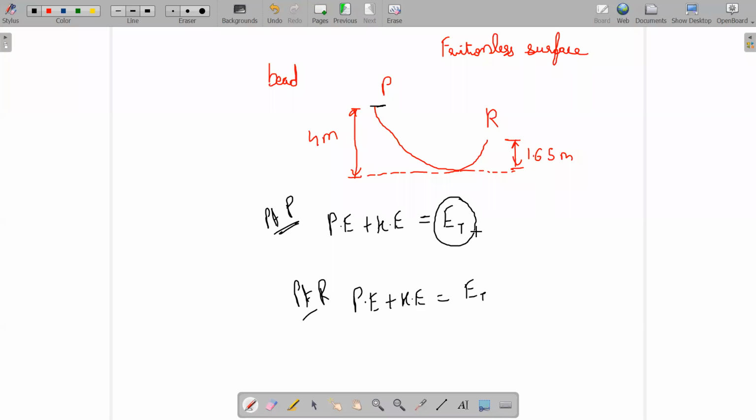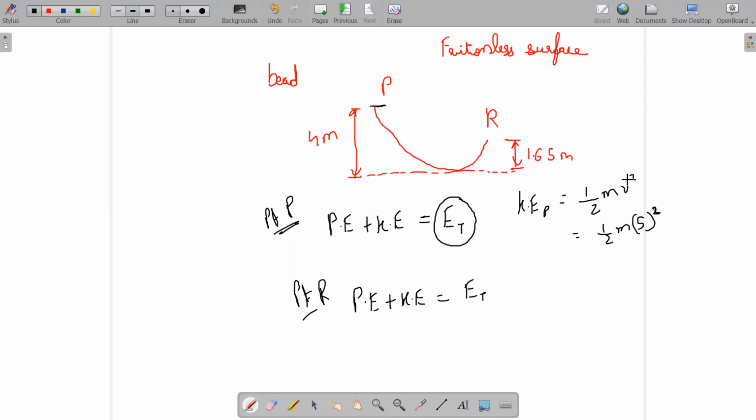But in the question they say that it has an initial velocity of 5 meter per second. That means it has an initial kinetic energy that is given to us. Kinetic energy at point P is half mv square. Here, what is the mass? They have not given. All right. So half into m into v square, it becomes 5 square. Let the mass stay there. If it's not given, we don't need to substitute anything.